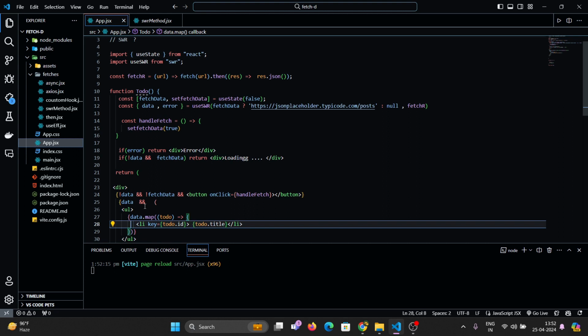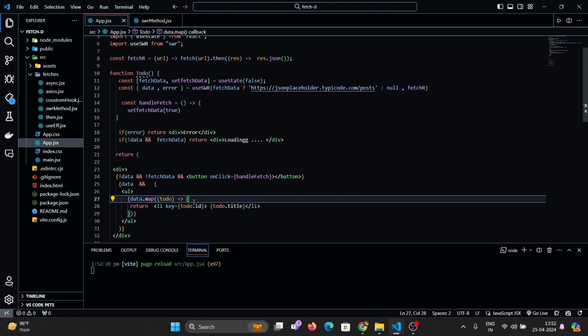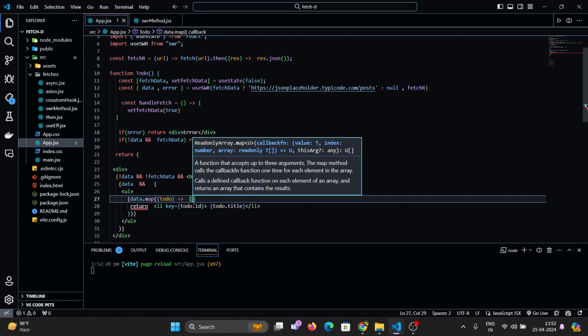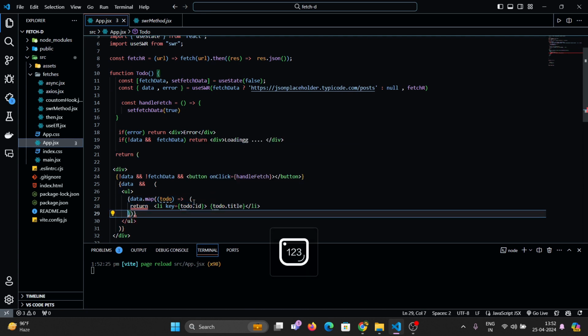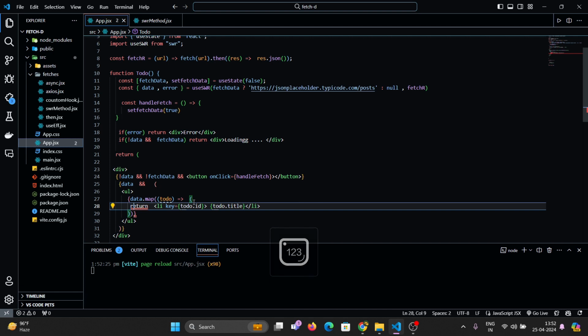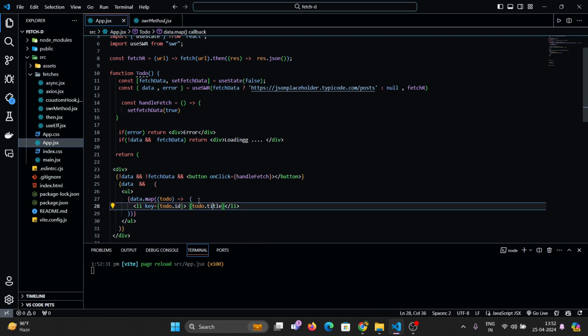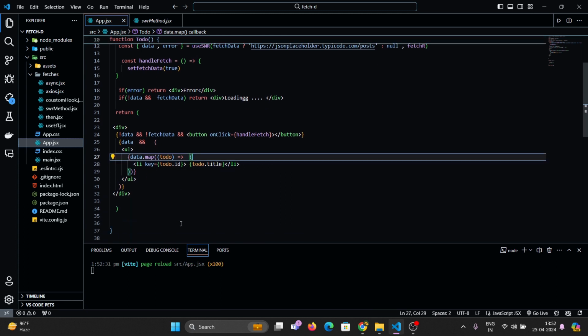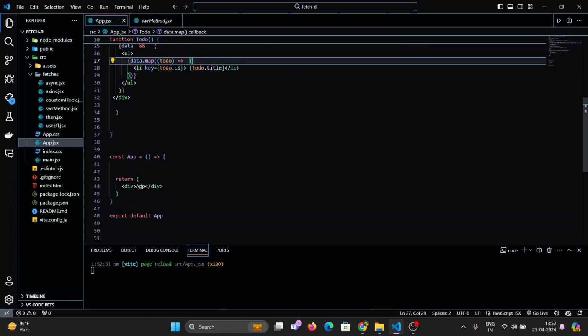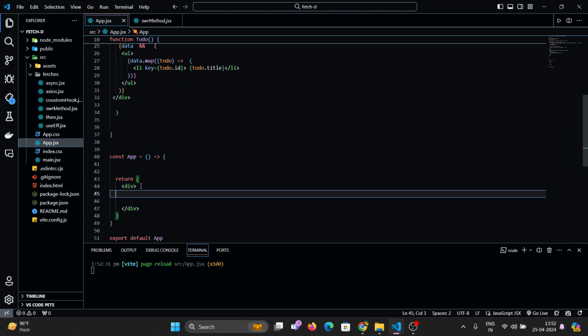And return it. If we use the curly braces here, we have to return the statement. If we don't use these curly braces, we do not need to return any statement. Let me just remove this. Yeah, you can see if I remove these normal brackets, we do not need to add the return statement here. And after this I just simply go to our main app component and render this todo component here, basically